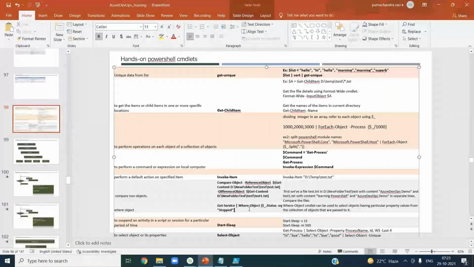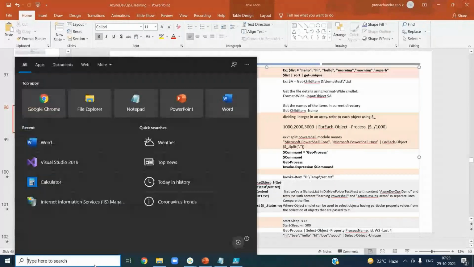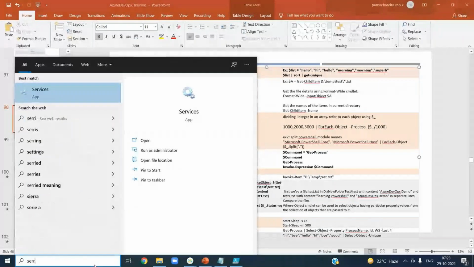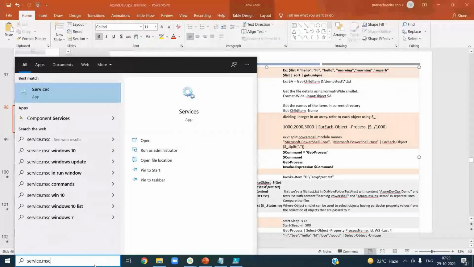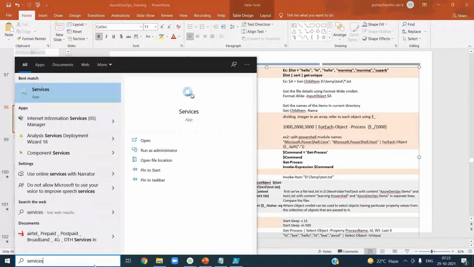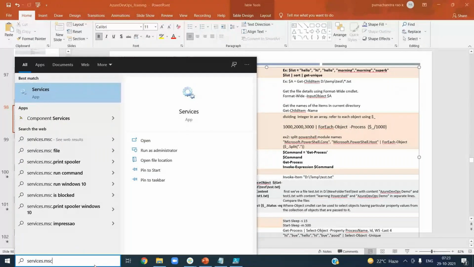And let us say we have all the services in our services.msc, right? What are all the services running in my server? Services.msc on a Windows machine.